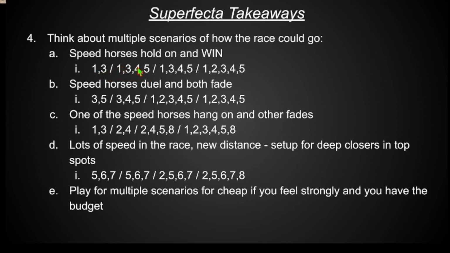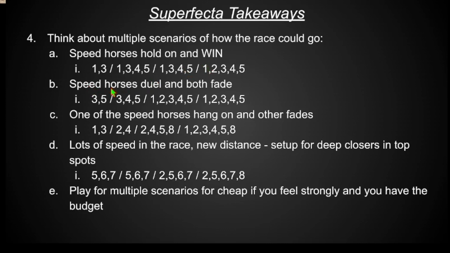Not sure which order, but maybe they don't. One of them doesn't quite hold on for second. So you throw in the 4 and the 5 to run second. Same thing in the third spot, and then you add another horse in the fourth spot. If you handicap and it looks like the speed horses are talented enough and should like the distance, they should be in the mix 1, 2, 3, or 4, then go ahead and include them in each of those spots.